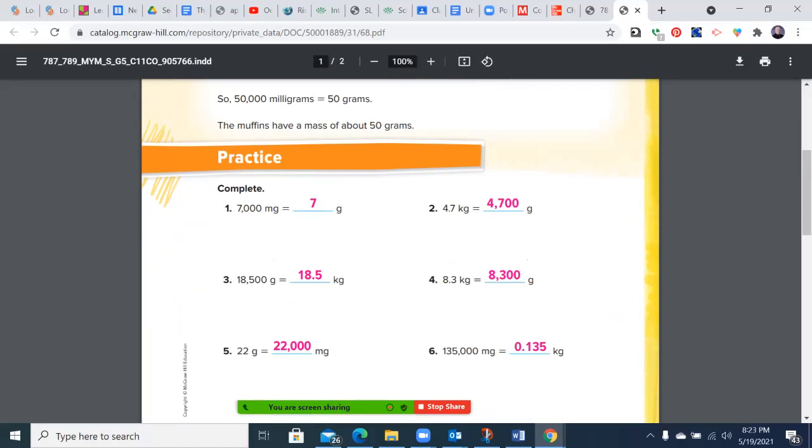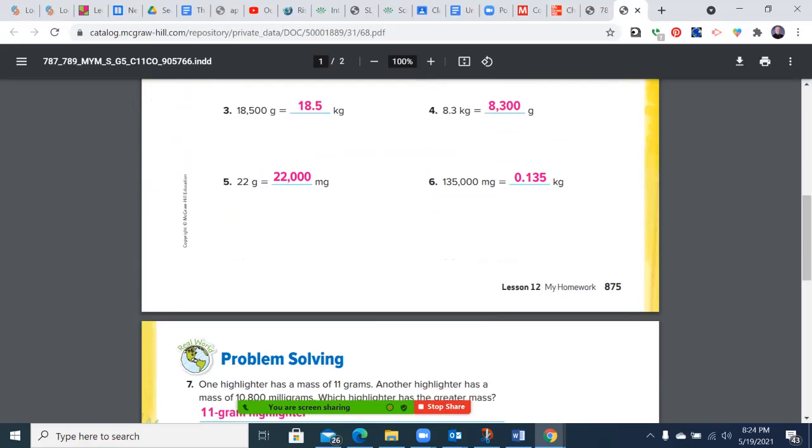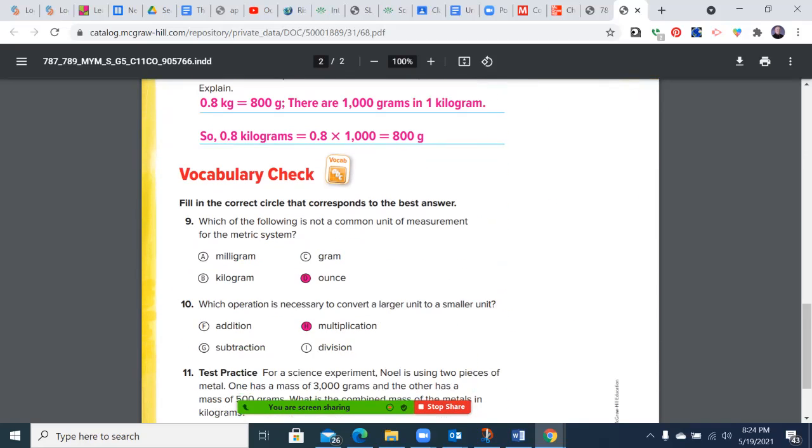Down here is where you get an interesting one, milligrams to kilograms. First you divide by 1,000 to go to grams, and then divide by another 1,000 to get to kilograms. Or you could just simply divide by 1,000,000. 6 zeros, so 1, 2, 3, 4, 5, 6, and you end up right here, 1.35, and you just truncate all the other zeros. So vocabulary,